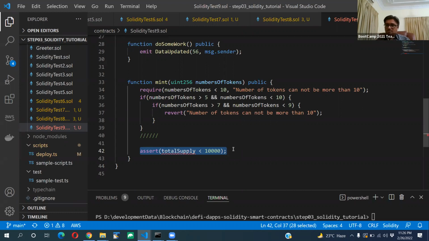And in those terms, assert, require, and revert are different, but you have to use them in the places where you want to use them. So require will be the first line of your function call. Assert should be the last line of your function call. And require is used for the inputs,